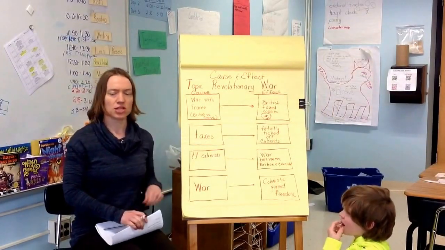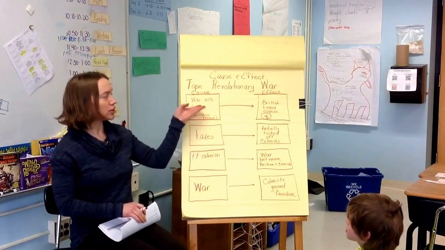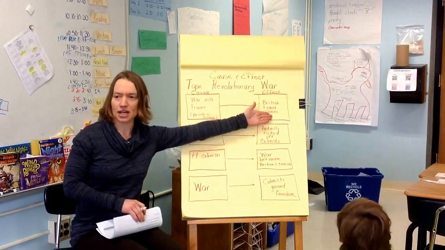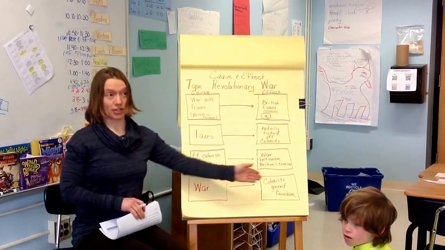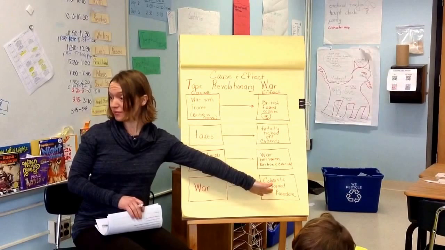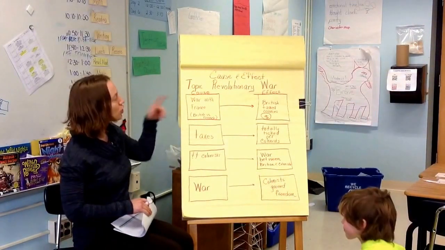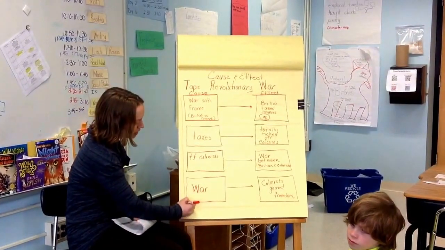Now, some of you have an explorer. There's a cause for what happened with the explorer. I can already see Henry Hudson. His crewmates were ticked off at him. The effect was they kicked him off the ship. Yes, that's a cause and effect, but that's more towards the end. You'll notice how I went in order. This is kind of a timeline going this way.